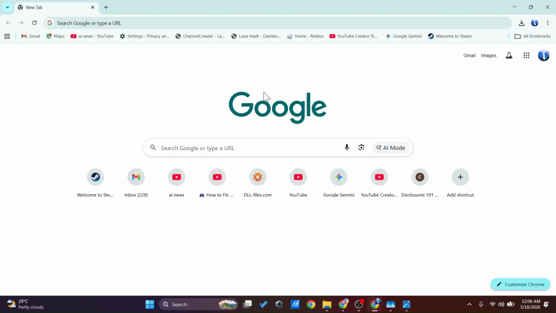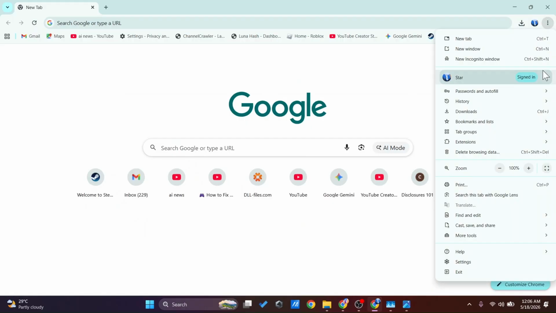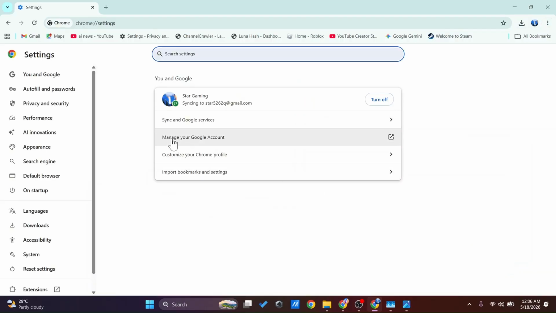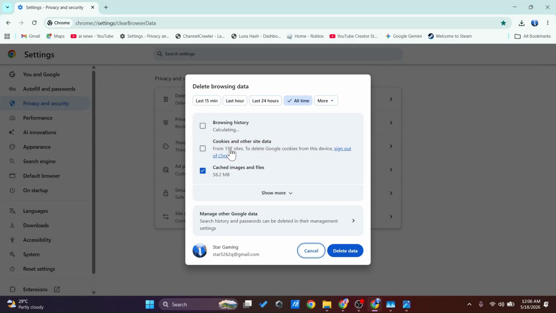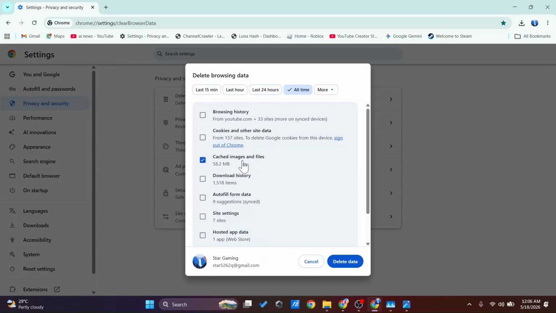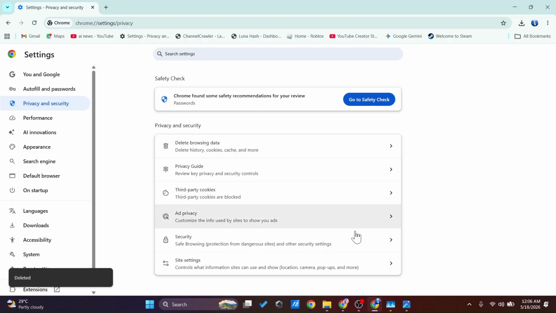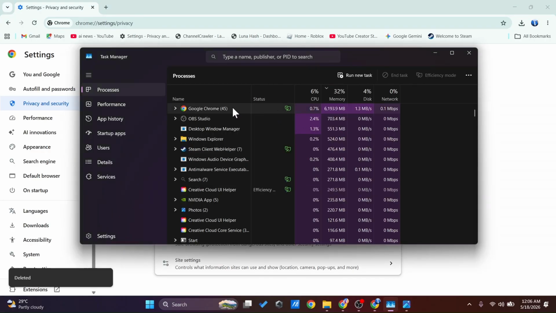So first, open up your browser, then click on the three dot option, then go to settings, then click on privacy and security, then click on delete browsing data, then select cached images and files, then select all time on the top, then click on delete data, then simply close the Chrome browser completely